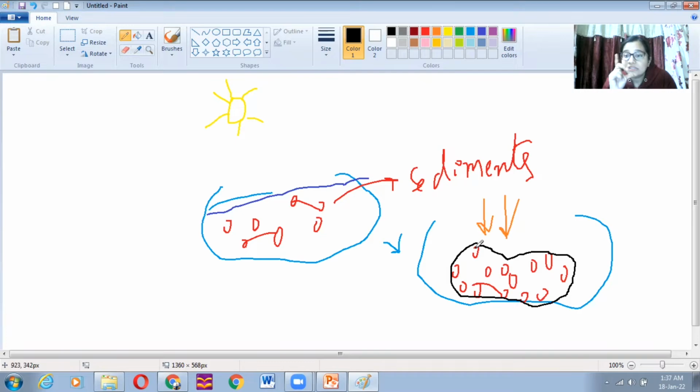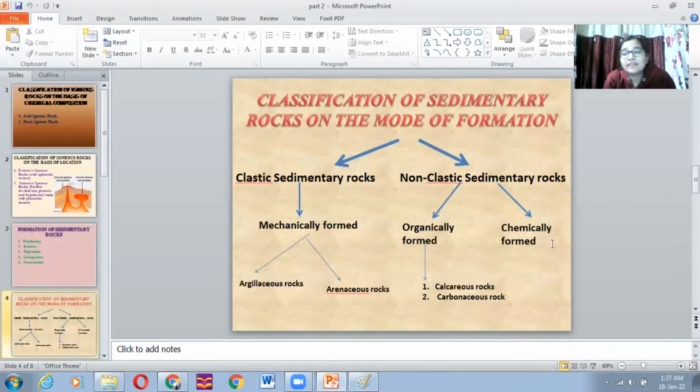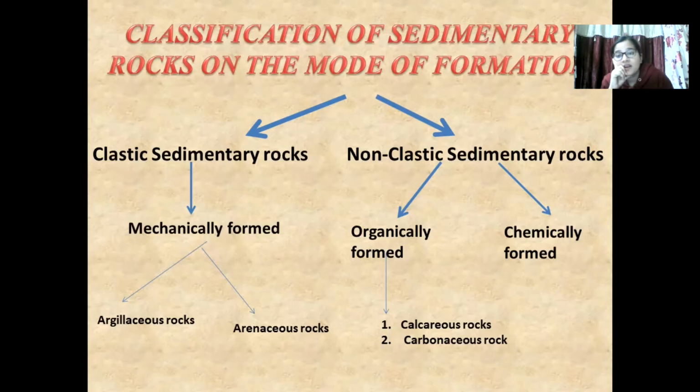Atmospheric pressure is working from the above, which I have indicated with orange color, and then they will form a type of a rock. Since this type of rock is formed because of the evaporation from the water that has changed the chemical composition of the rock, that is why it is called the chemically formed sedimentary type of rock. और आपका classic example say rock salt, gypsum. ठीक है?